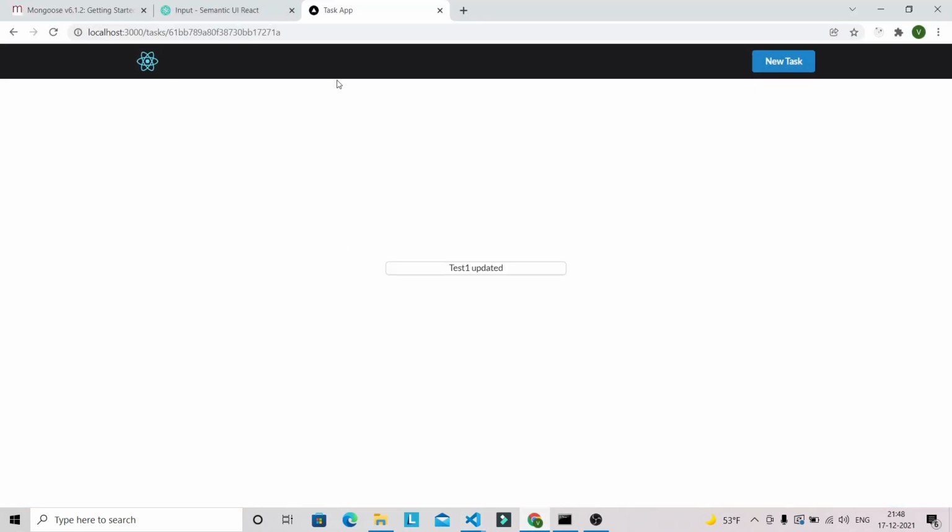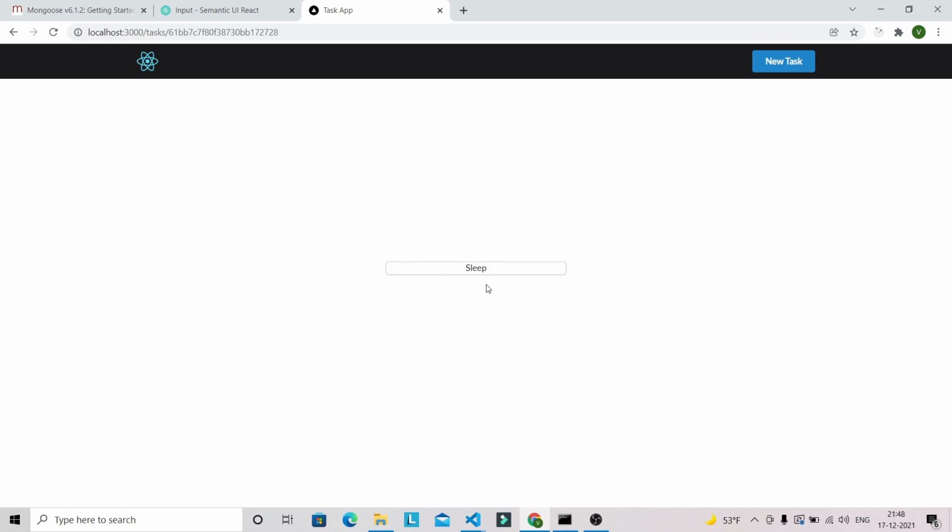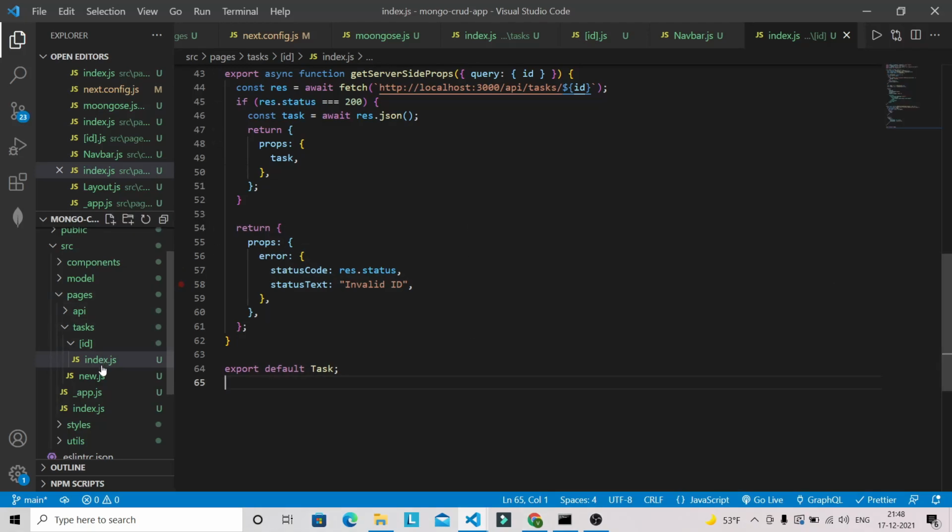Let's go into the browser. Now you can see that we have got this one, test1 updated title. If you go back and view this one, we have got this sleep. Now we are able to navigate to the single task page. Let's do the rest of the coding inside this index.js file for the single task page.